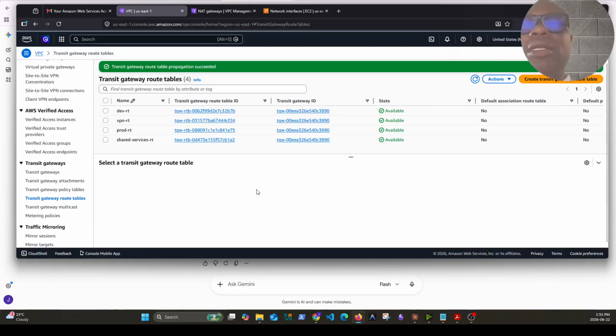Now, why am I doing this? The reason why I'm doing this is to make sure there is a navigation between these route tables. You understand my point now? Like the dev route table, the production route table, the shared services route table. What I'm doing is enabling a navigation between all of them. So now I did that. This means that both production and dev will automatically learn the shared services CIDR block. So the shared services, they will learn the navigation system, the CIDR block, and they'll be able to communicate over the network. So that is why